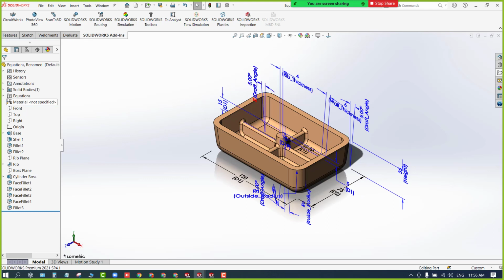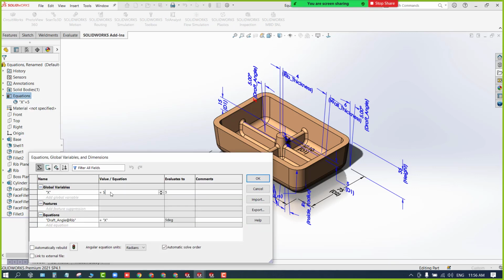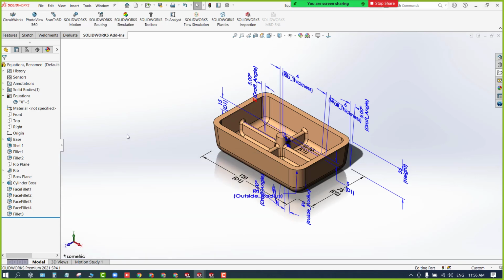Now if you want to make changes to that global variable, I want to make it 3 now, because here you can see the drop down. Once you create the equations, you're going to get it here. Right click on it and select manage equations. You can change the value here. This is one method. Any doubts here on how to assign the names for the equations as well as how to add the global variables? If we change the number, the dimension will also change. Yes, x is equal to 5. If you change it to 3, it will automatically change it to 3.